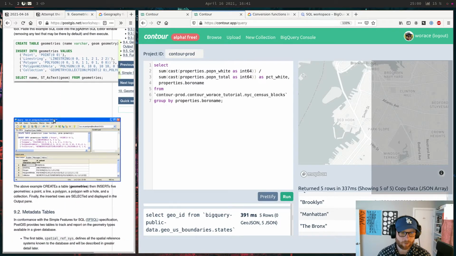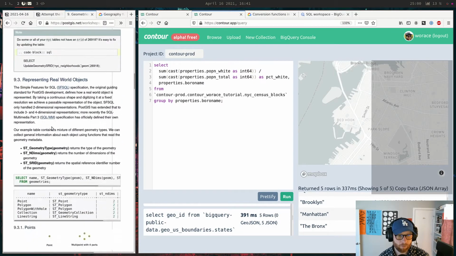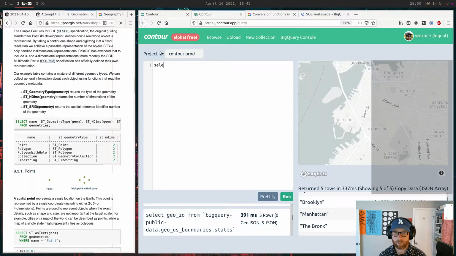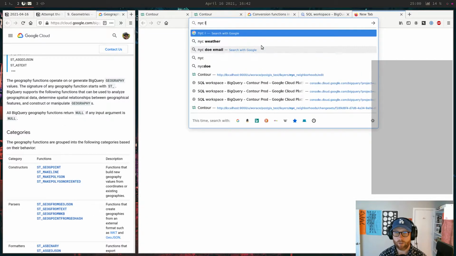Oh yeah, so here's all the business about geometries. I'm not going to do too much on this. They have a data set, but BigQuery has, let's see, select, I don't know, we'll get into it a bunch, like ST_GEOGPOINT. I have to look up the functions. GeogPoint, let's see, NYC lat long.